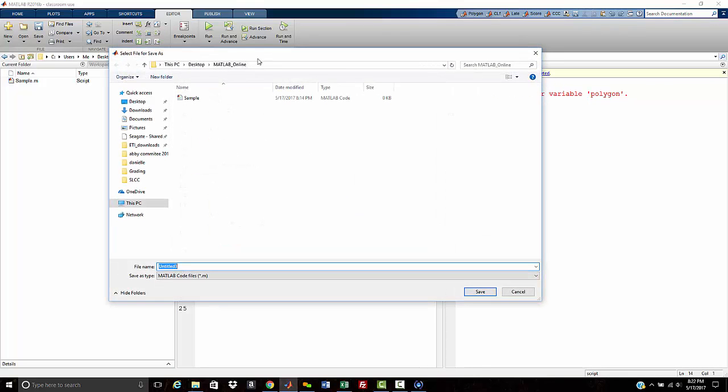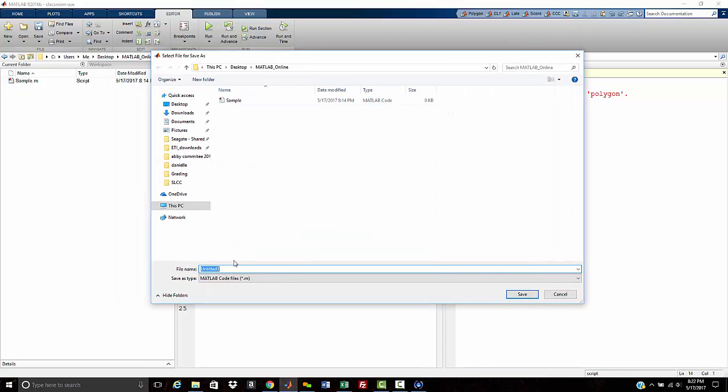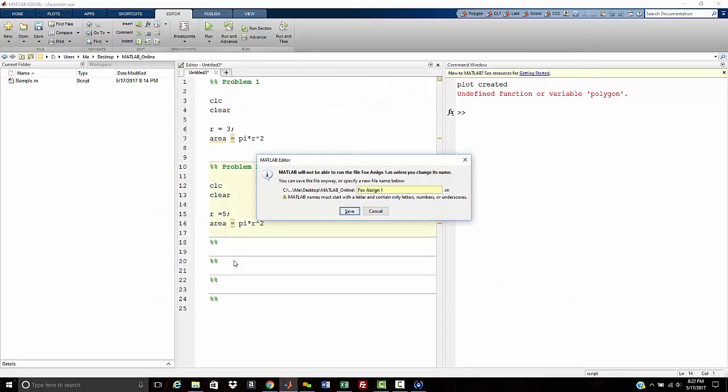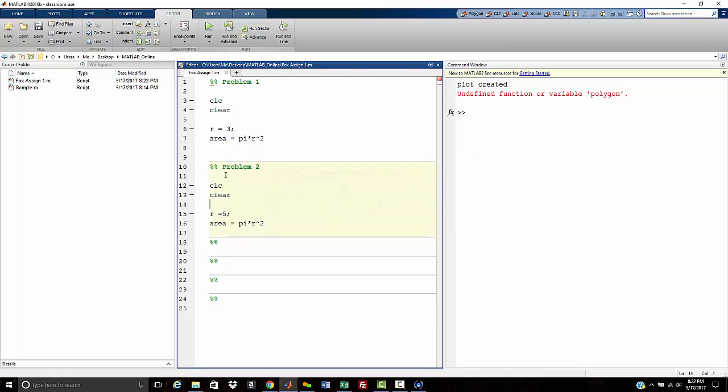When you save your homework, it's going to tell you it'll save. You can force it to save, but it's not a valid file name, because file names have to follow the same rules as variable names. So you can't have spaces, you can't have special characters, you can't have periods, because if you do, a